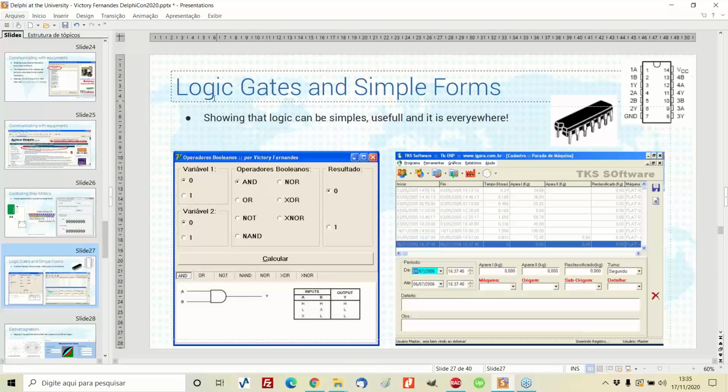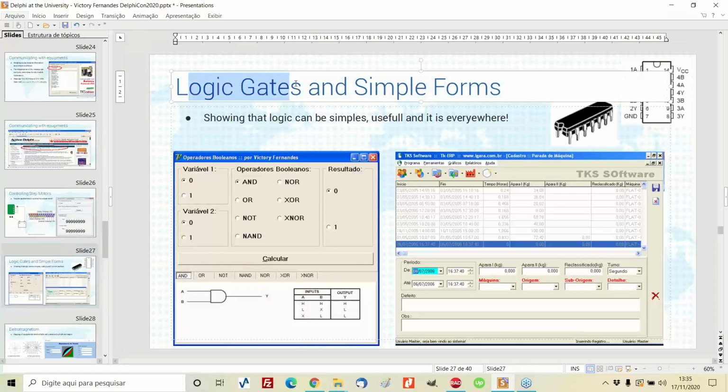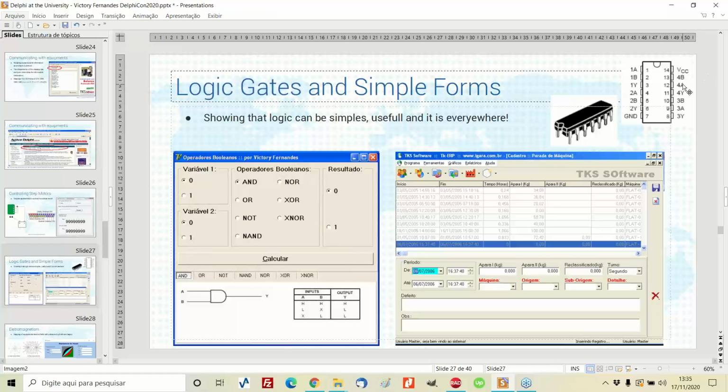So another thing that we have to teach in digital electronics is logic gates. If we are teaching engineering students, most of the time we are just worried about the logic, but I was always asking my students to implement something either in Delphi, C++ Builder, or whatever language they want, so that I could validate the logic and show the students that what we were learning were actually circuits and logic that we can teach with just zeros and ones, trues or falses, and that at the end can be presented in whatever form we are filling online, for example.